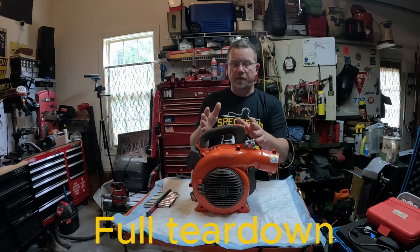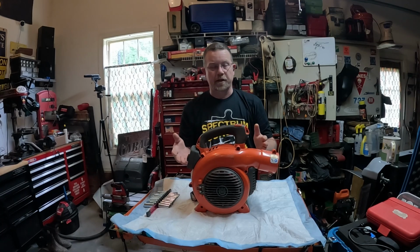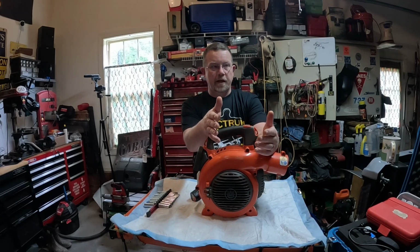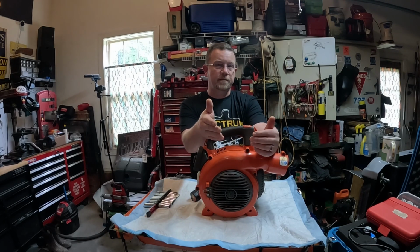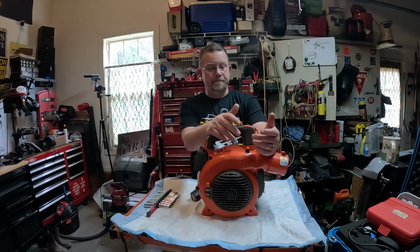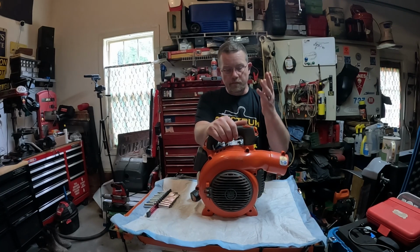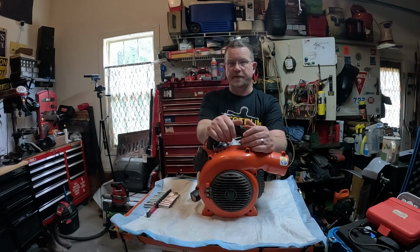I'm going to stop, but I will explain whether it is cost effective to repair something like this. It's a waste to watch a perfectly good piece of equipment go, but if you took it to a regular repair facility, they're going to laugh you out of there. They're going to say it's not worth it, because the average starting hourly rate is anywhere from 75 on up. Me, on the other hand, I'm a shade tree mechanic. I donate my time to friends, family, and what have you to help them out. But there is also a point where it gets to whether or not it's cost effective, because